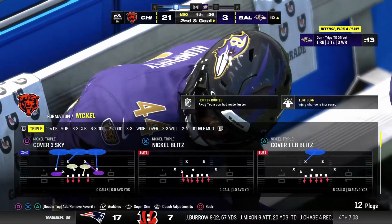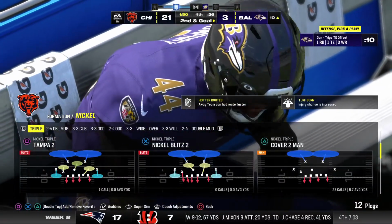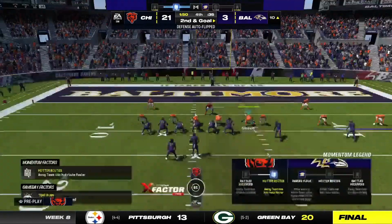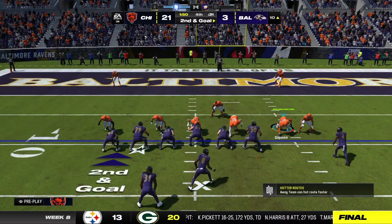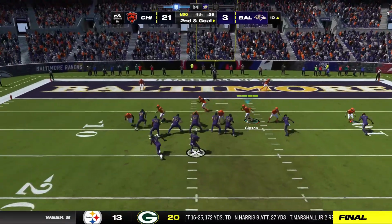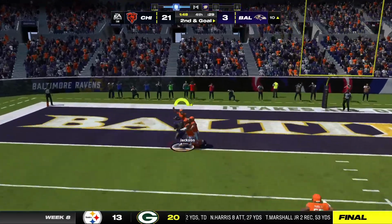Well, it just seems like all game long there hasn't been a lot of sync, quarterback to wide receiver, on this side of the football. They haven't been on the same page, quarterback and receivers. Heck, they haven't been on the same grease board when you draw plays up. They haven't been on the same...